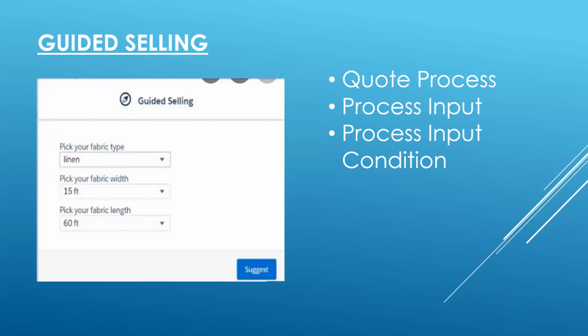And if we have one more fabric type, that is cotton, and we want the length field to be shown when we select cotton in the fabric type, then we need to have an input condition according to that. So all this makes it easier for a sales rep to select any product in a large quotation with thousands of products. He can easily select any of the products.